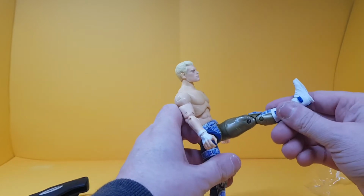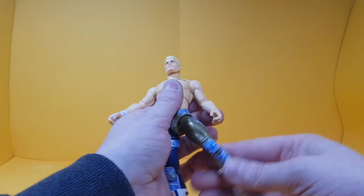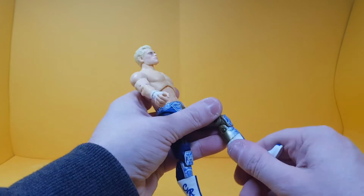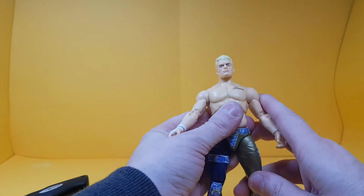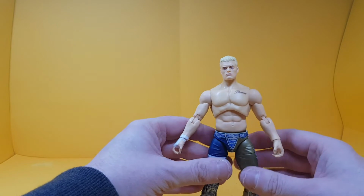Legs go up this far. They do the splits. He does have double jointed knees and boot articulation, and he does have rocker ankles. So again, the articulation on these blows away the WWE ones. And as for height wise,